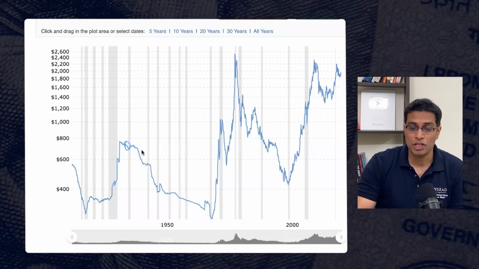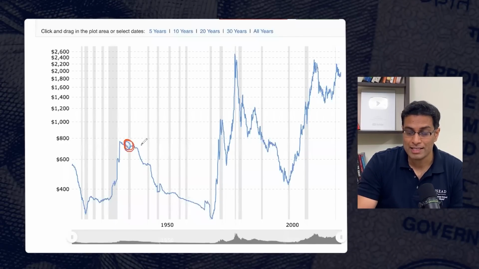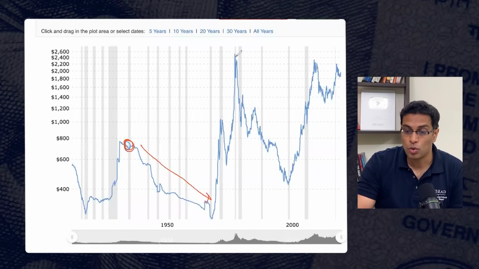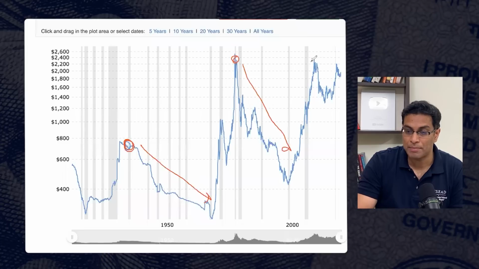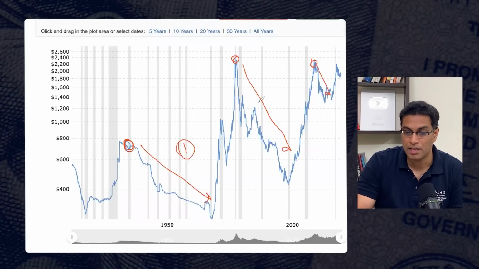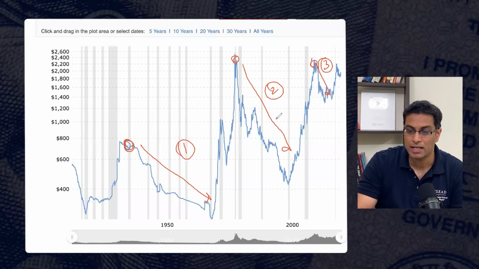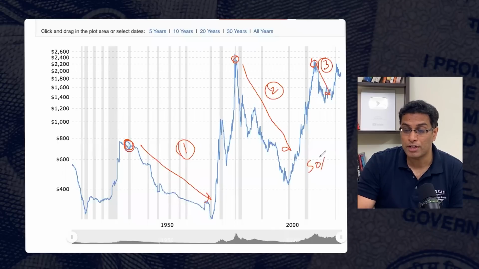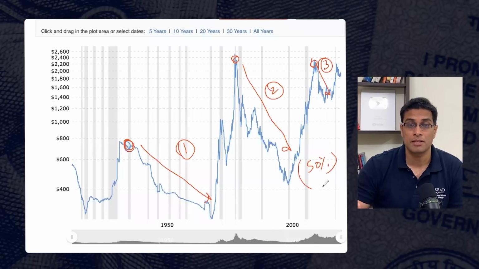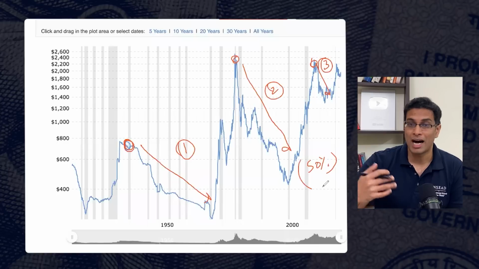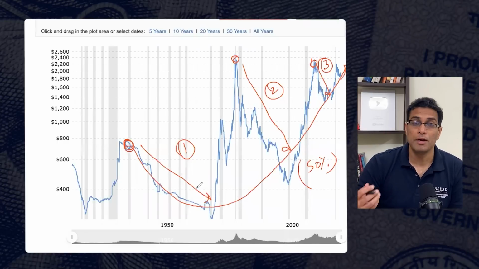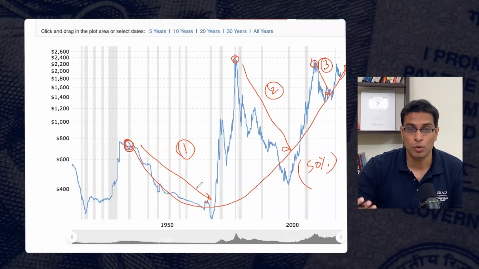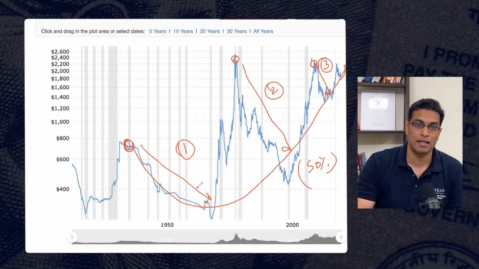Now, let us go back to this chart of gold, and what you will observe is that there are periods in which gold has gone down, right? For example, this period here, this period here, this period here. If you look at any of these three gradients, gold has lost more than 50% of its value at times. So does that mean that gold is not a hard asset anymore? The answer is no, because you have to take a longer term view on assets. And this is where people get confused.